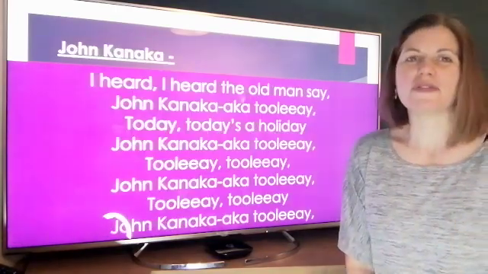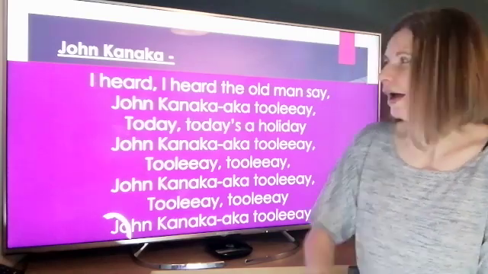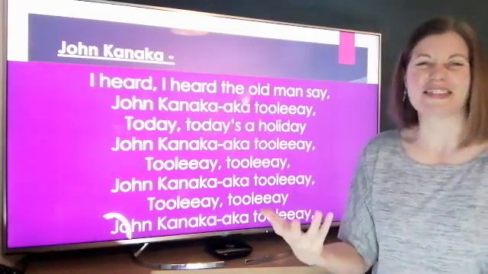So let's have a look at this song that we've done before now. I'm hoping that you remember it. Let's sing it together. It goes,